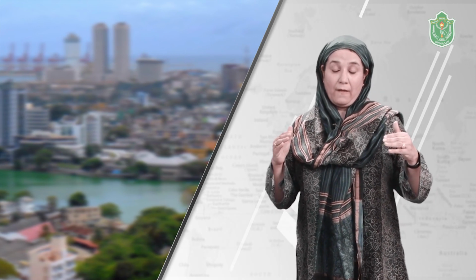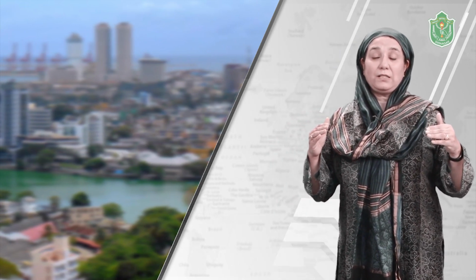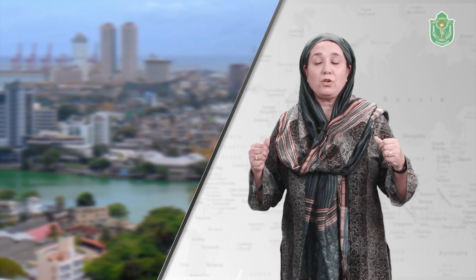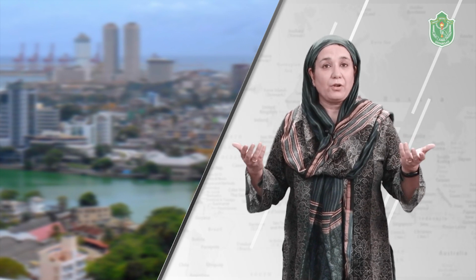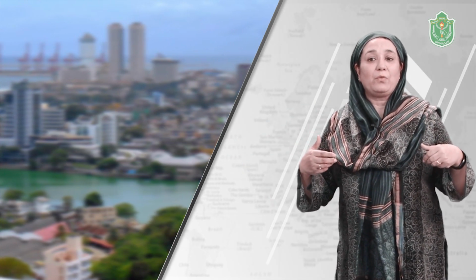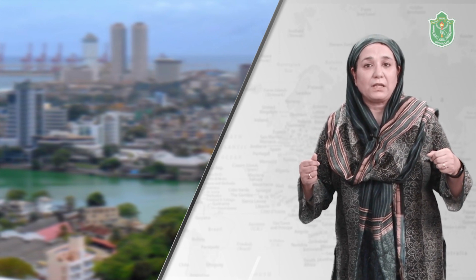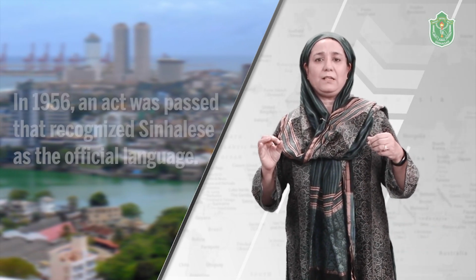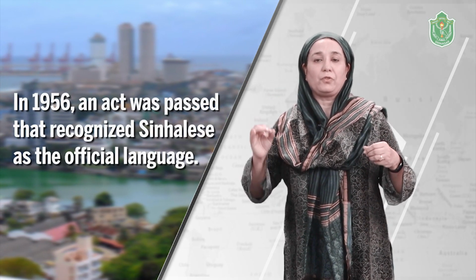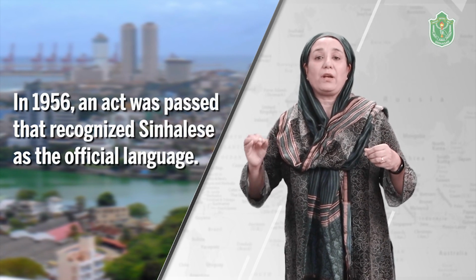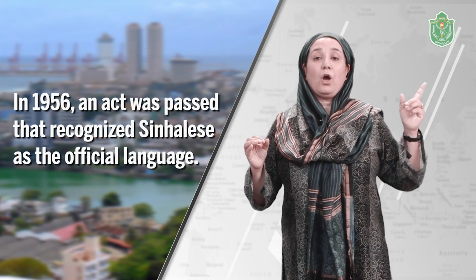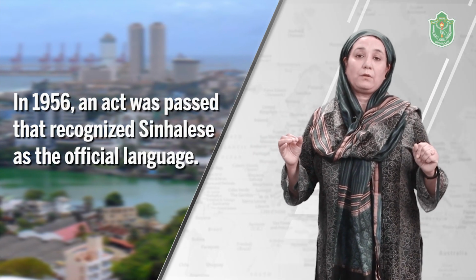1948. When the leaders took over the reins of the government, they thought of securing dominance over the government by virtue of their majority. Let me make it very simple. They wanted the Sinhalese to take over control of the government because they were in majority. As I discussed, 74% of the population was Sinhalese.